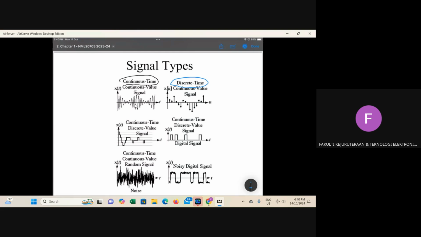We normally represent a signal as a plot or graph. As I said just now, a signal can be anything, for example current or voltage. Let's say you have voltage against time, T. You have 2 volt, 3 volt.